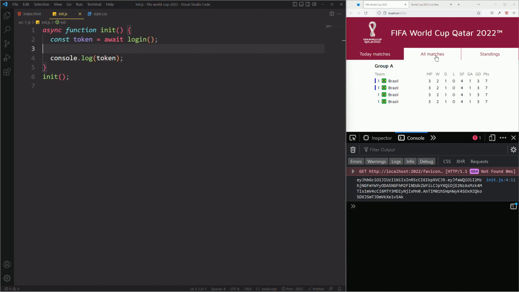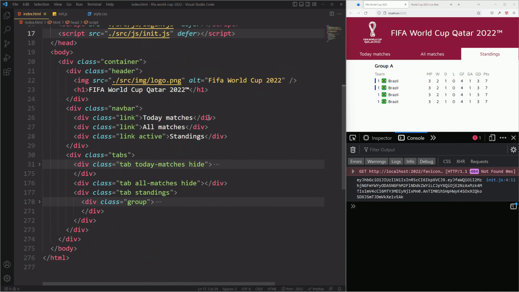Now I want to make our buttons here, or these links here, functional. So I'm going to go here to the index.html and I need to select these links here and also the tabs here. And you can see that we can just make a link between these links here and the tabs. So this first one here, index is going to be 0, and this one's also going to be 0. This one's index is going to be 1, and this one's also 1, and this one's 2. So I'm just going to go and add here all matches because this is the one that doesn't have any